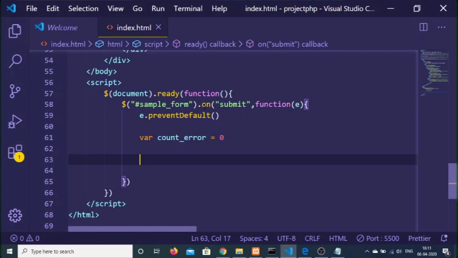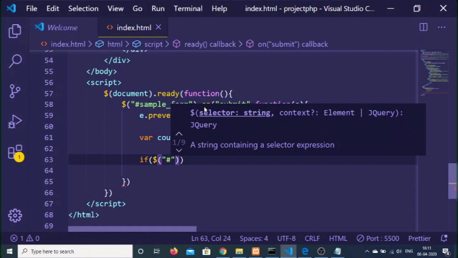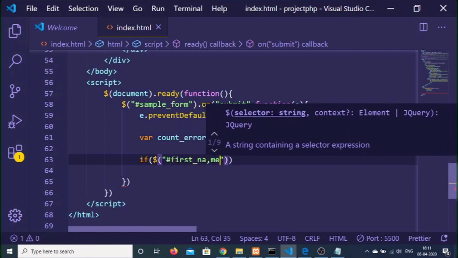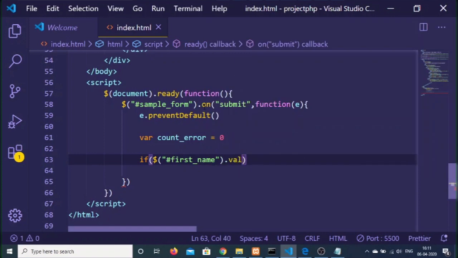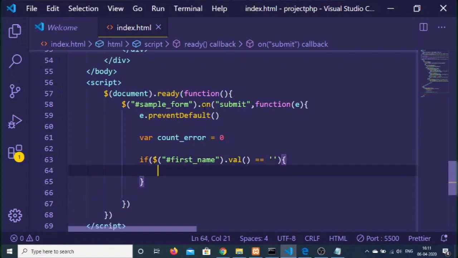And now we will first of all check for the error if the user has left the first name field empty. So we will target the first name field by its ID, which is first_name. So basically we will check here .value. So if the .value is equal to empty like this, so if the first name field is empty, then we can just